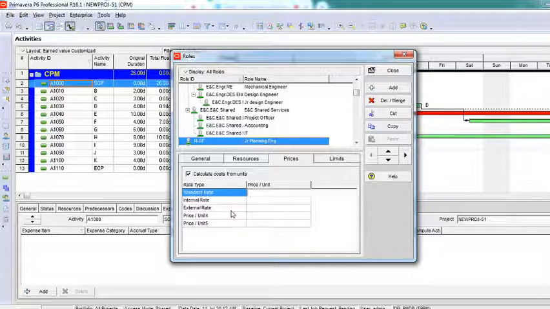External rate is when a human resource is gaining something externally, like for example going for an audit, he'll have expenses like TADA and all, so that can be added as an external rate.